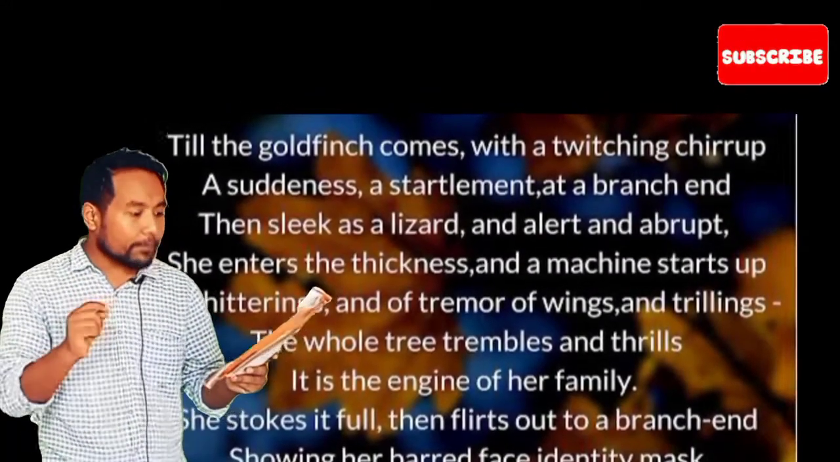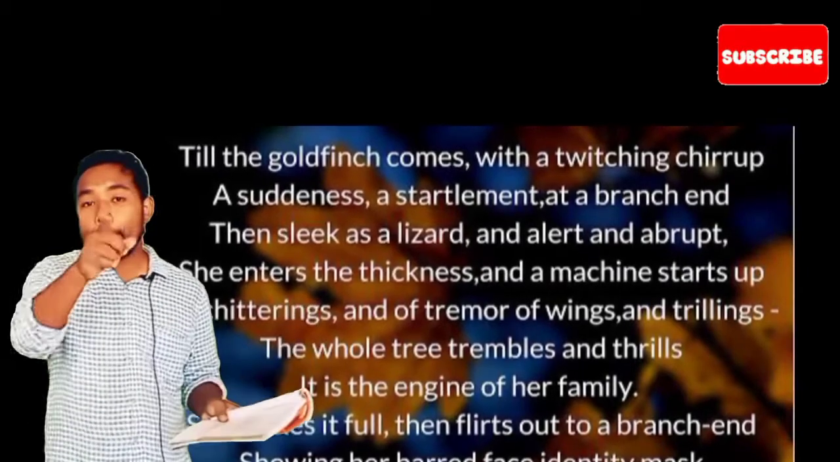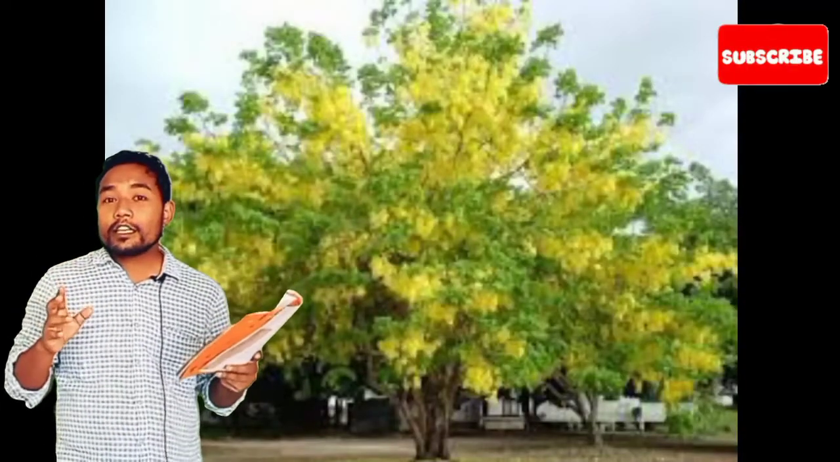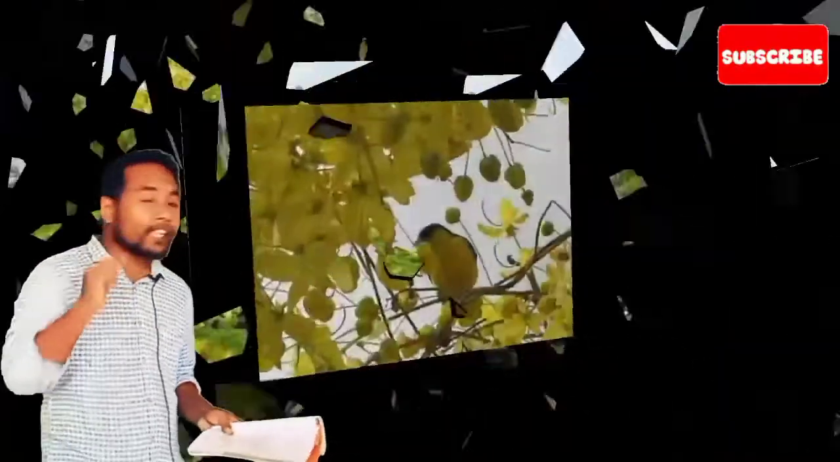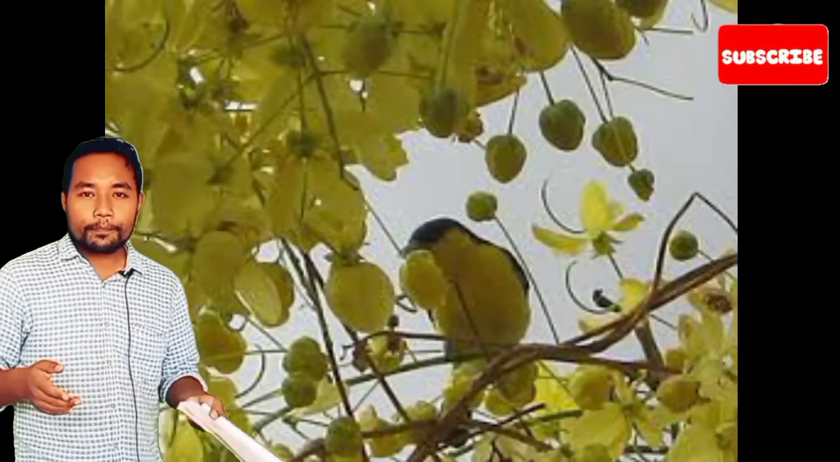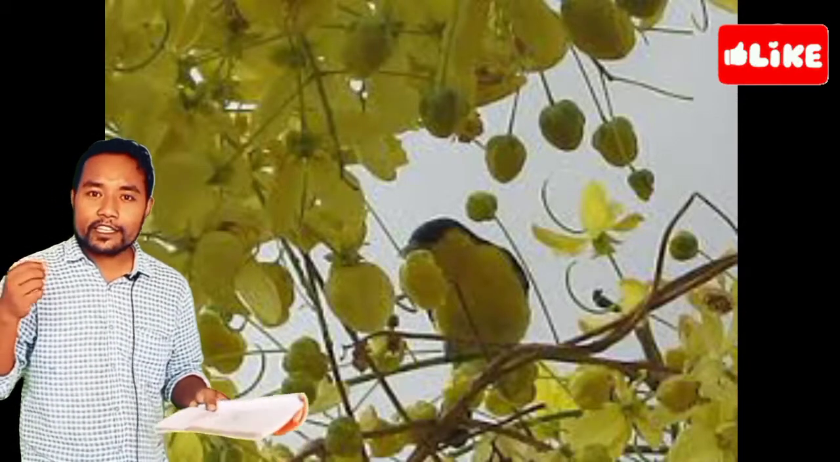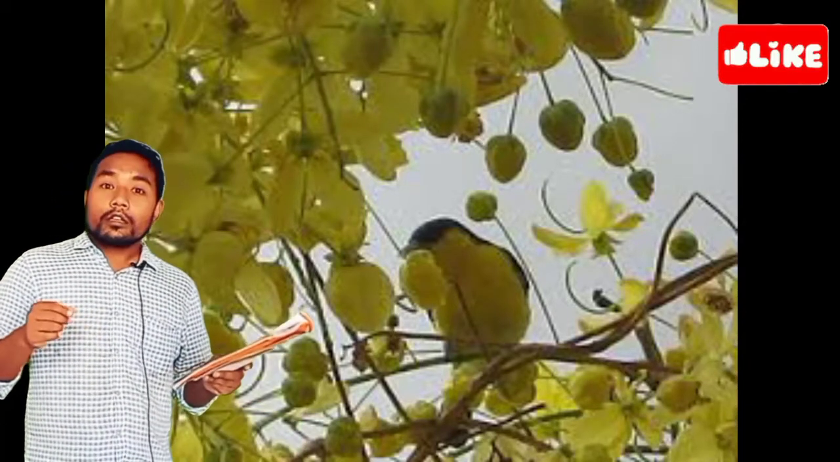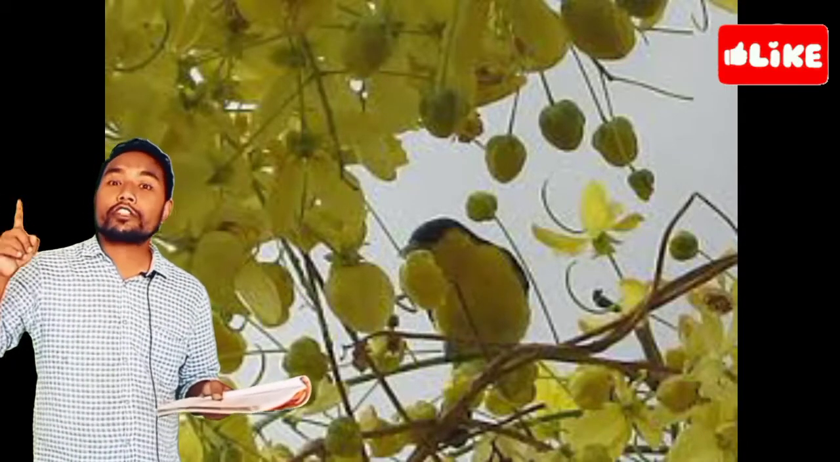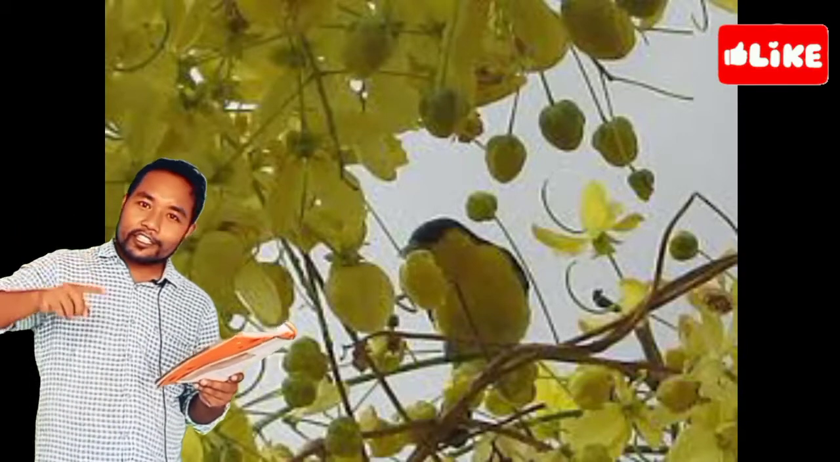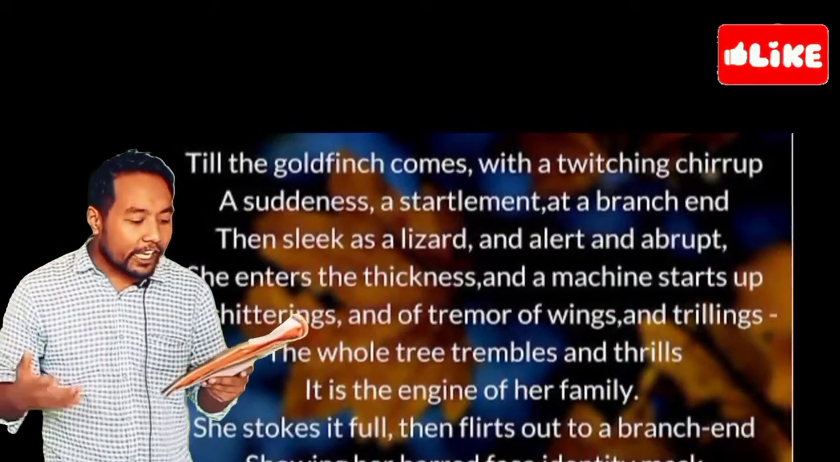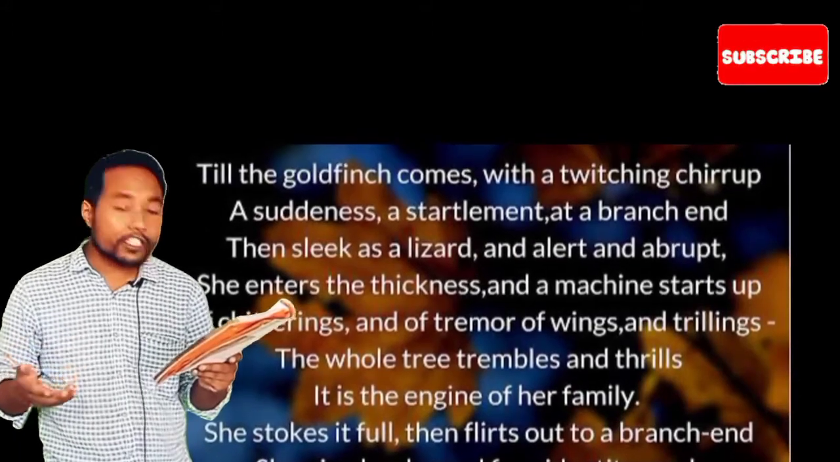Till goldfinch comes with a twitching chirrup, but this silence and this stillness is broken by the bird, and the name of the bird is goldfinch. Goldfinch comes, and what does she do? She breaks the silence first by twitching, making a sound, and she goes and sits in one of the branches, and the tree starts to move. Fine. Suddenly, a startlement at the branch end. Startlement means